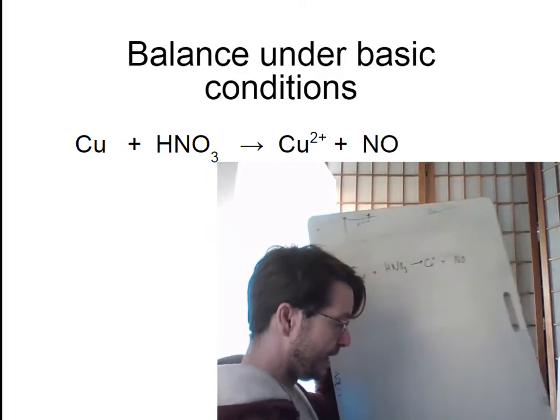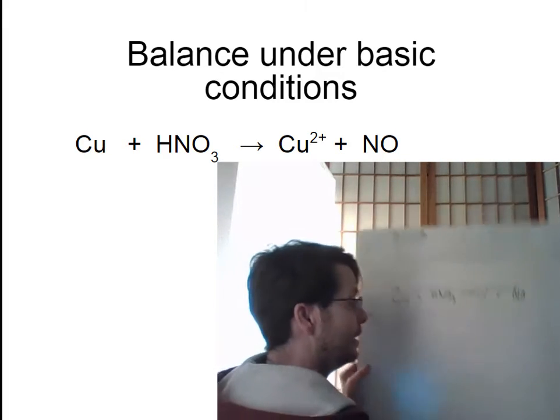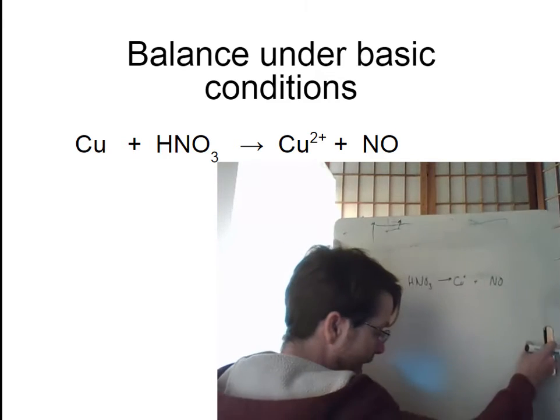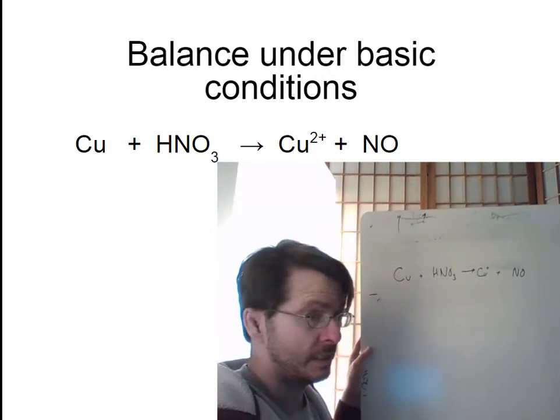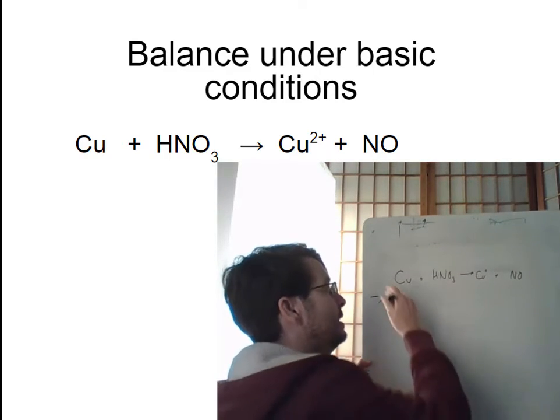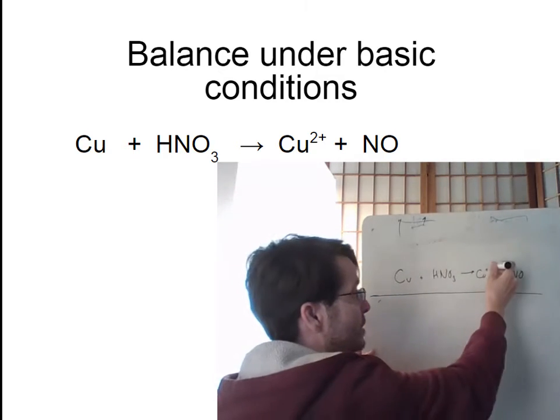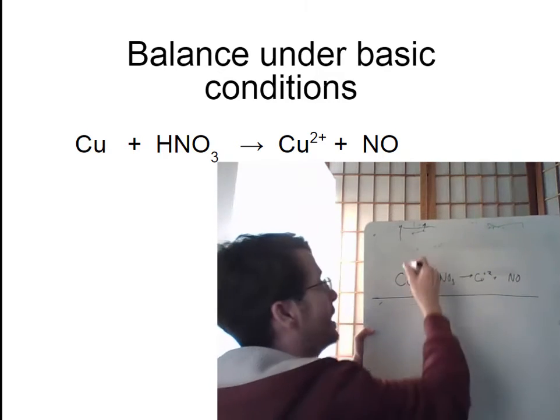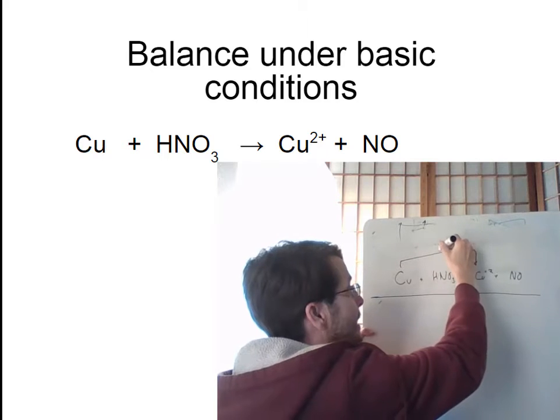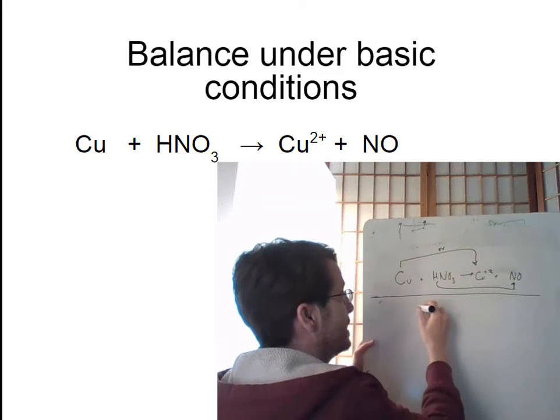So let's take a look at another example, but under basic conditions. Under basic conditions, it is exactly the same as under acidic conditions, except one small change at the end. All right? So we identify what's undergoing oxidation and what's undergoing reduction. In this case, we can see that the copper is being oxidized, the nitrogen is being reduced, and so we can see that the copper